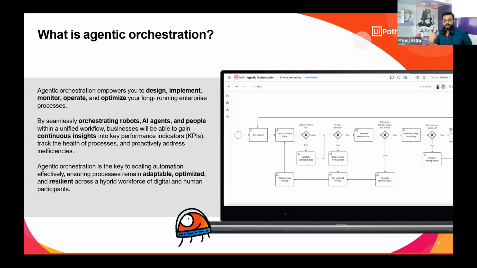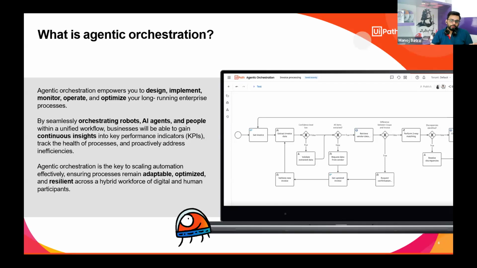It helps you design and build smarter processes. So now you can design processes that are not just step by step, but real workflows that also involve data coming from different systems, actions by bots, decisions made by AI, and approvals made by people. You have got orchestration in place that monitors and does your error handling as well. So you plan it before you automate it, like you have a white paper, drawing a map before you start a journey.